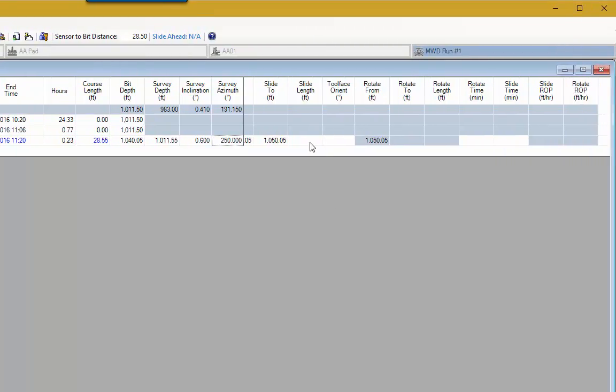We weren't sliding during this drilling section, but we were rotating for the full length of time that we were drilling. So we can enter an equal sign under the rotate time, and that will assign a complete 14 minutes to rotation. So let's click on the next record and enter a course length of